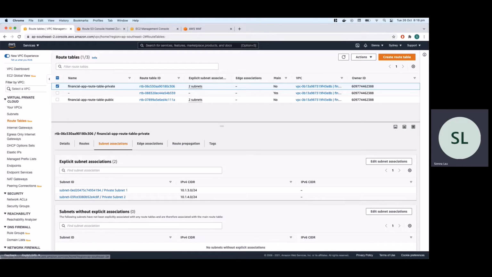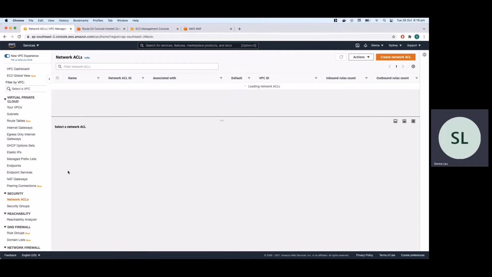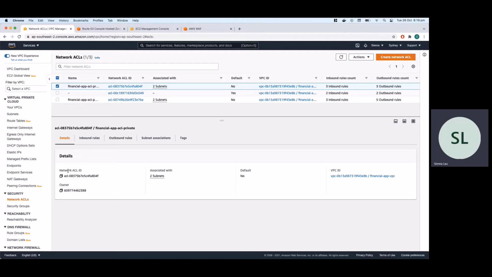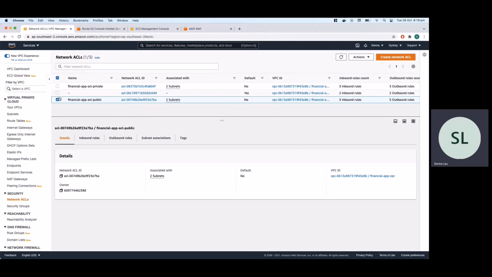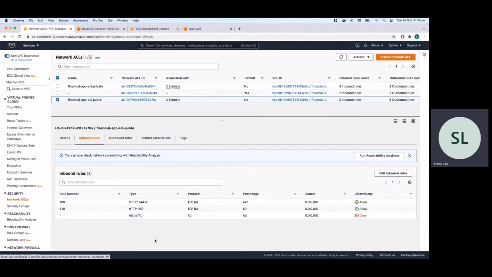Since the VPC was opened up to internet traffic, network ACLs and security groups need to be in place to secure our resources and network. Network ACL is considered to be a firewall at the subnet level, whereas a security group is like a firewall at the instance level. The default ACL was configured from allowing all traffic in and out of any subnet to the following. And we can see that for public, in the inbound rules, we include allow all HTTP and HTTPS traffic